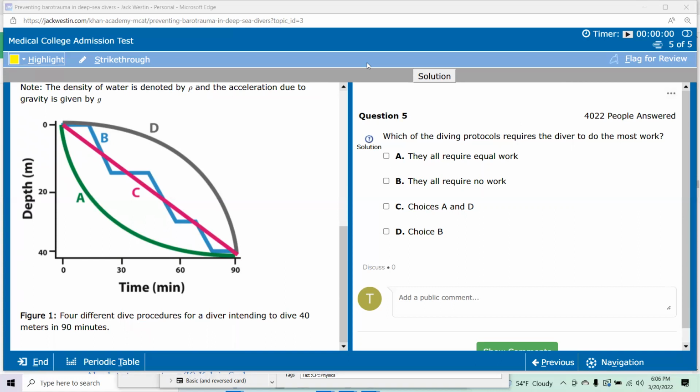So what do we think? Do we think that, so basically the only choices are they all require equal work, or they all require no work, or it's A and D, or it's B, the zigzag one. Which of the diving protocols requires the diver to do the most work? So work is like,